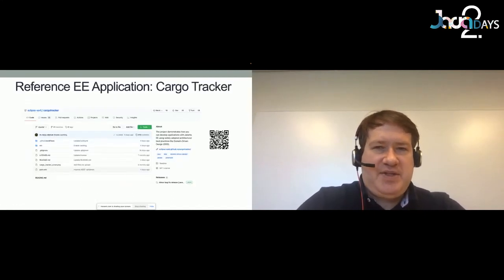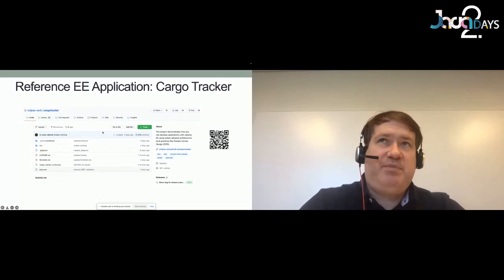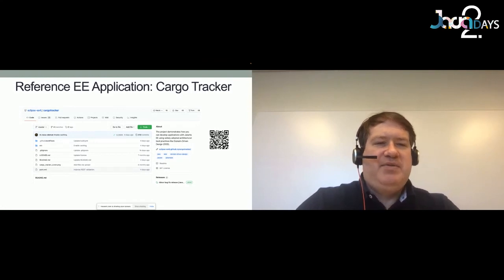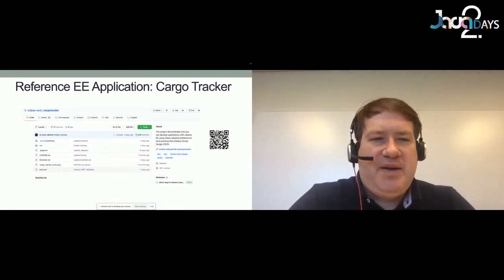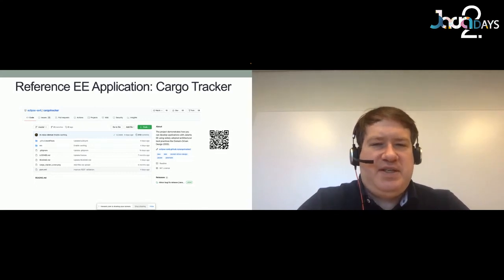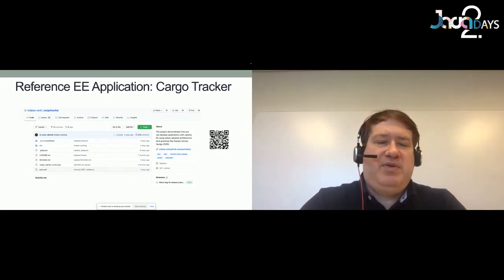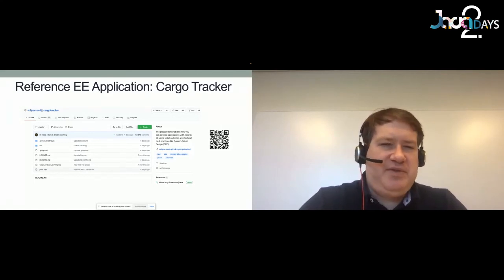So, a reference application to take a look at is the Cargo Tracker. This one, I've got an implementation of it running. I've ported it to Jakarta EE9. It's not that hard to do. This is a good exercise if you want to try an application: check out the EE8 version of it, which is what's up there right now, and do the transformation to Jakarta EE9. That will give you a good idea of what's involved. So you can see the type of errors that you're going to run into, because you can take a look at my repository and see, okay, this is what it was, this is what it has to go with, and that gives you some idea for your application what's going to be involved in doing the transition.